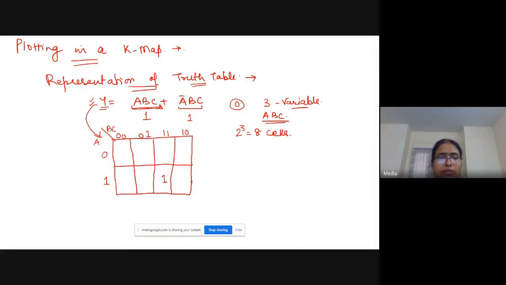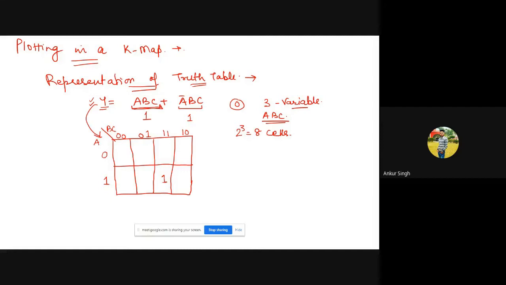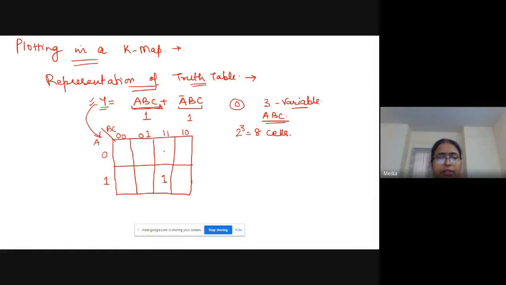A bar means 0. This is A bar B C. Put 1 here. And no other term is there, so for other cells, put 0. So this is how we plot the ones of a Boolean expression in a K-map.